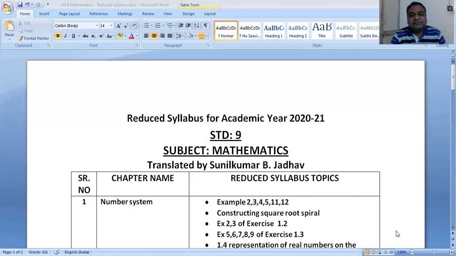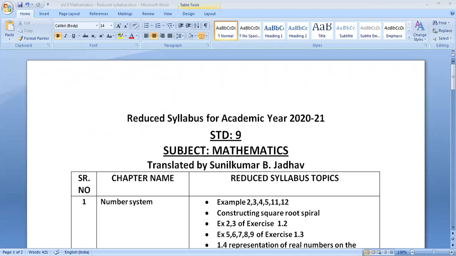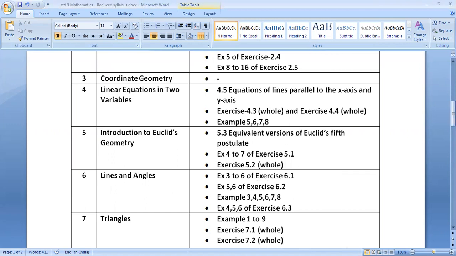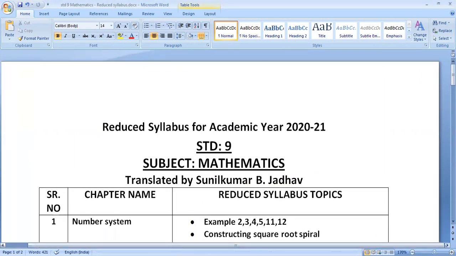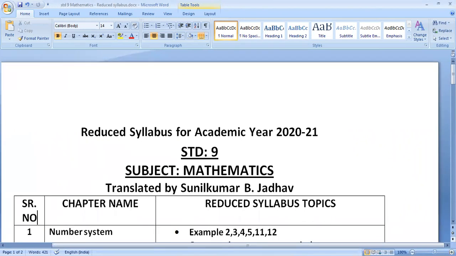So stay with me. Take your textbook and pencil so you can mark in your textbook which topics are included in the examination and which topics are excluded from the examination. Let us begin with this session. I am sharing the screen in which I have mentioned the syllabus which is excluded from the syllabus. For the included topics, I will discuss them and you will tick mark along with me wherever I say. Let us zoom in and then we'll go ahead.